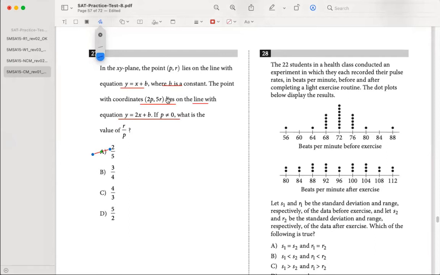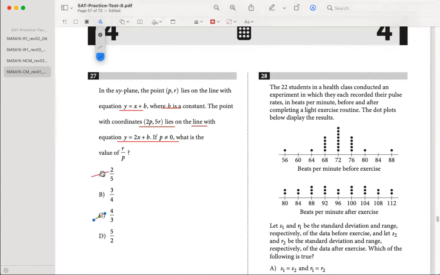Coordinates. I'm thinking B. Yeah, elimination, yeah, exactly. So I'm thinking B because this would be a misinterpretation. And if you plug this in, let's see, r over p, so r over p is 3. Yeah, I'm thinking B